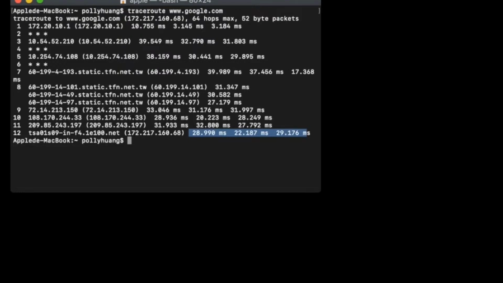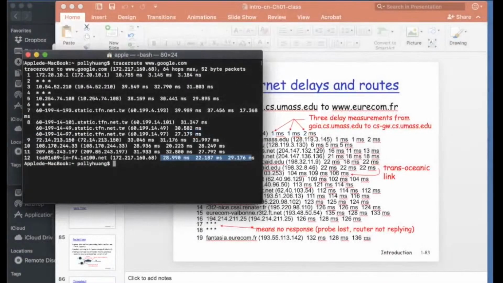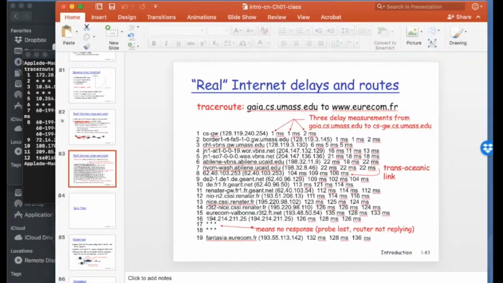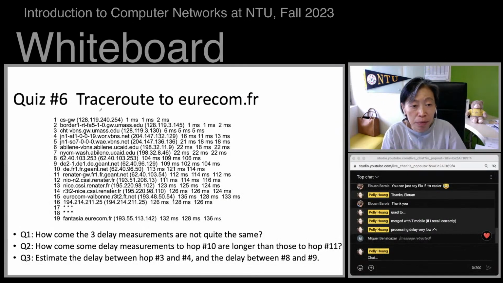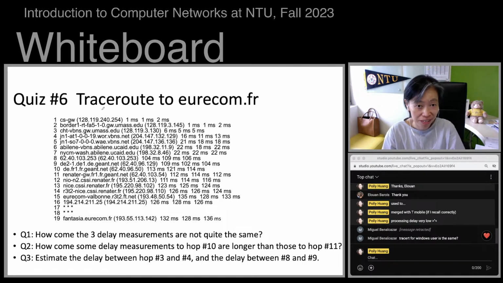And let's go back to the slide. And it turned out that it's a good time to start the next quiz. And here we are, okay, the quiz. By the way, guys, this is going to be your first take-home quiz. Question from Miguel, traceroute, exactly. Traceroute in Windows is just tracert.